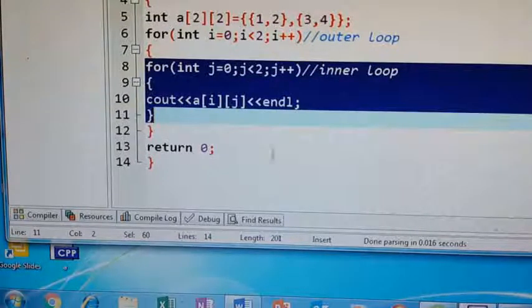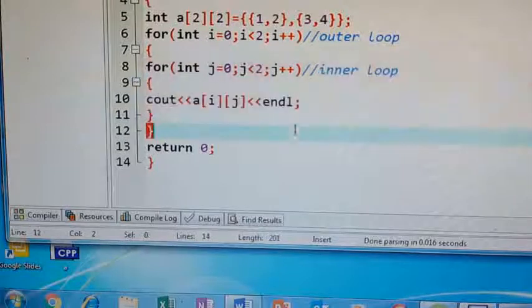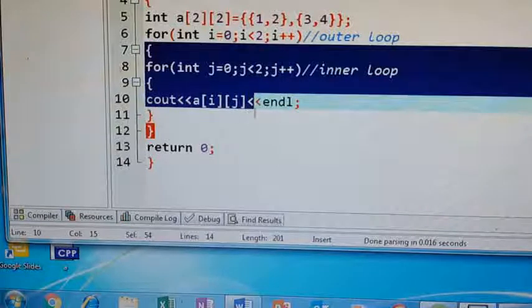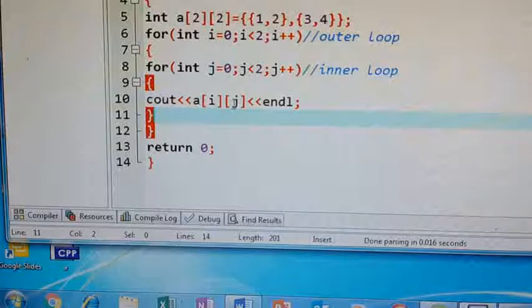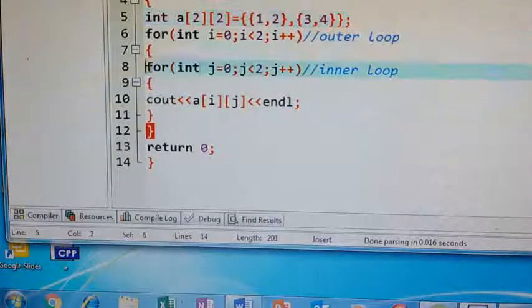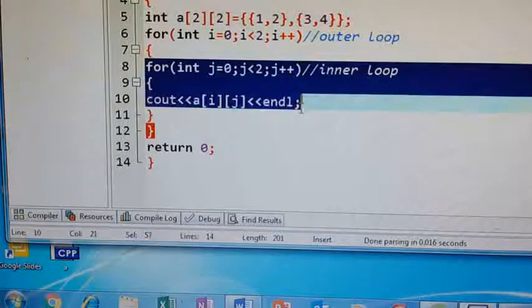completely executed. For example, if i equals 0, one time i equals 0, the condition i less than 2 is true. If the condition is true, then we enter the body of the loop. In the body of the loop, I have given one more for loop. For int j equals 0, j less than 2. If the condition is true, then cout a of i, j is printed. So this element is printed. But this inner condition has not failed yet.